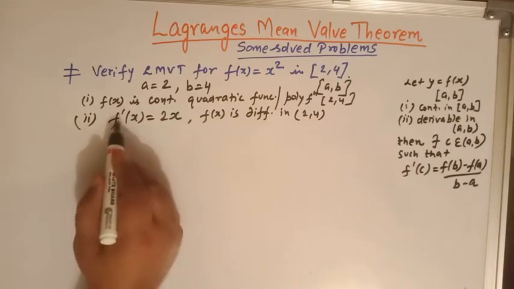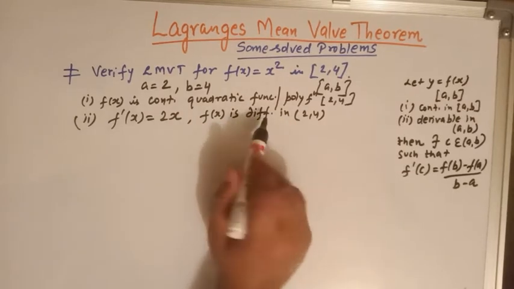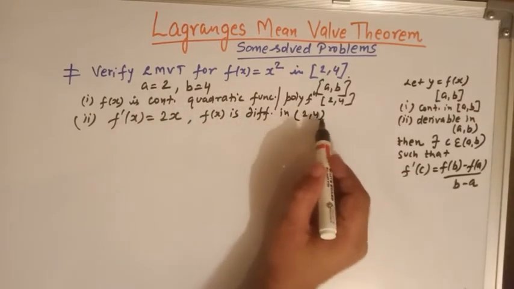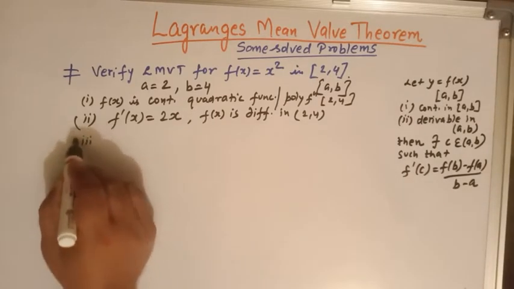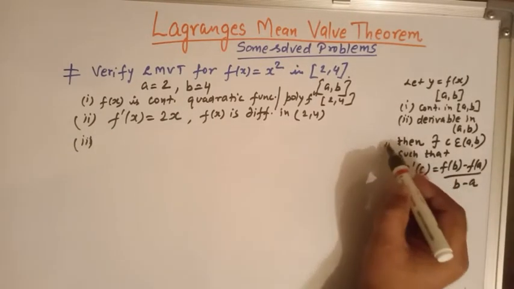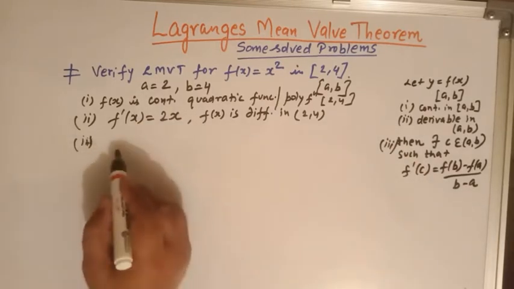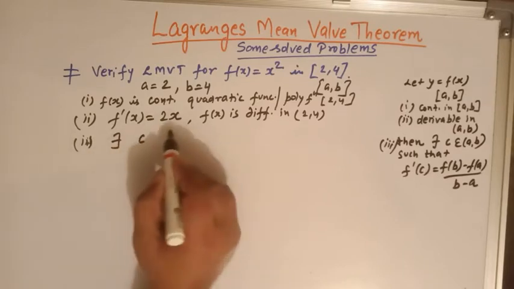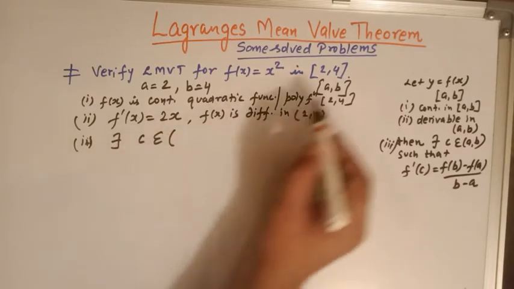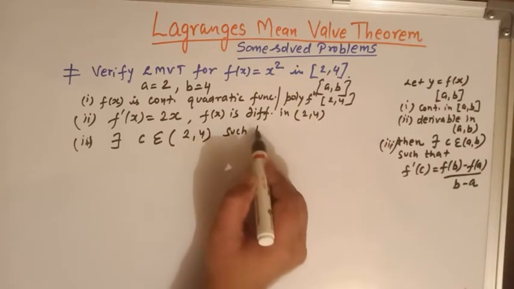So the derivative of f is 2x, and this shows that it exists in this interval. So then Lagrange's mean value theorem says that there must exist some c belonging to this (2, 4) such that